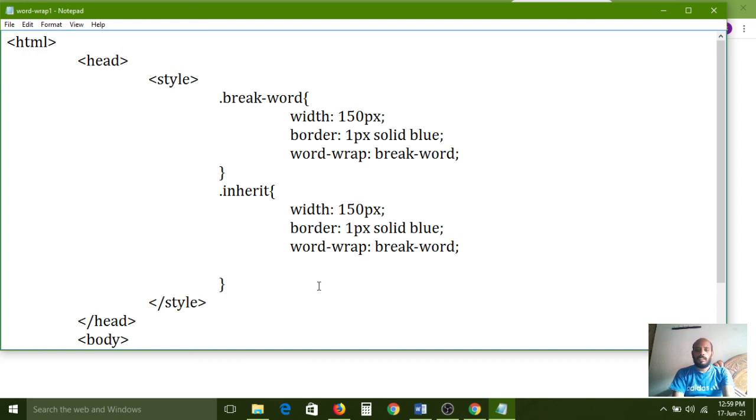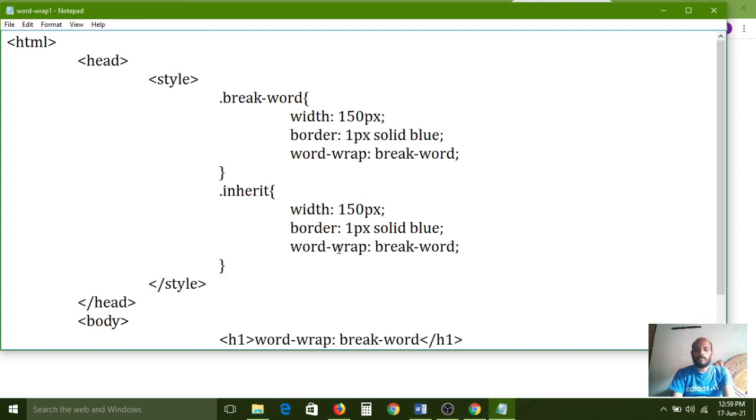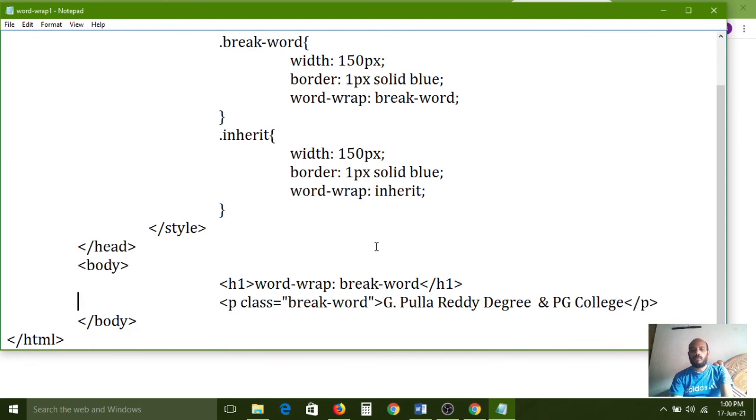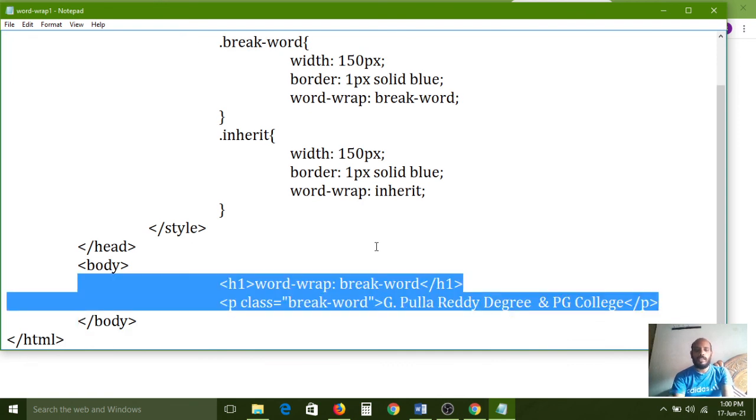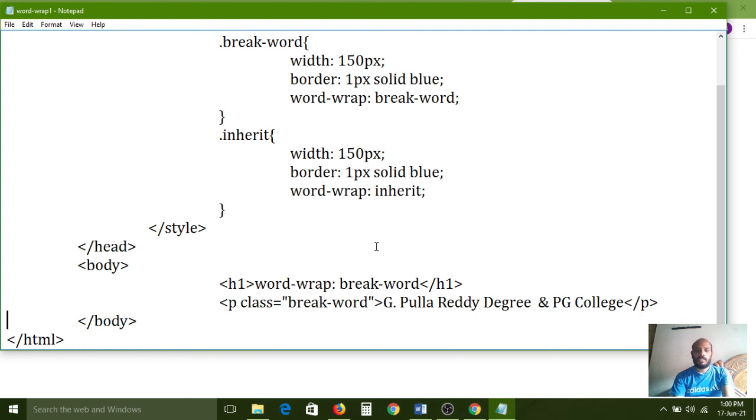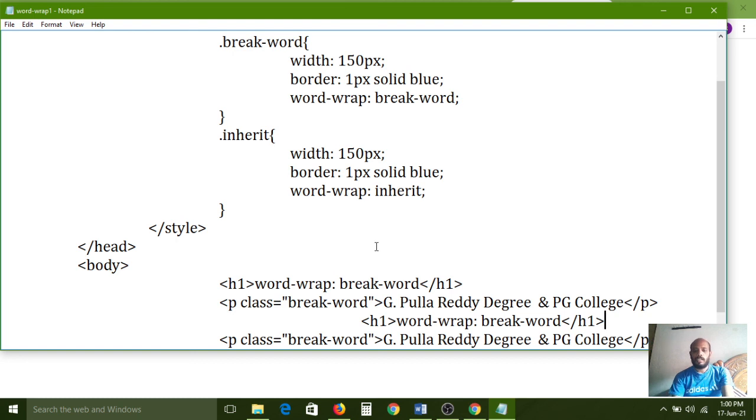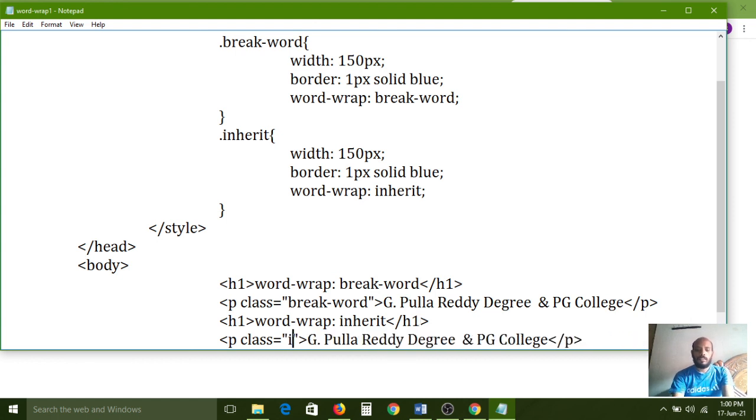And instead of break word, I want to use inherit, and then these 2 elements we have to copy and paste. Here inherit, and here also inherit.